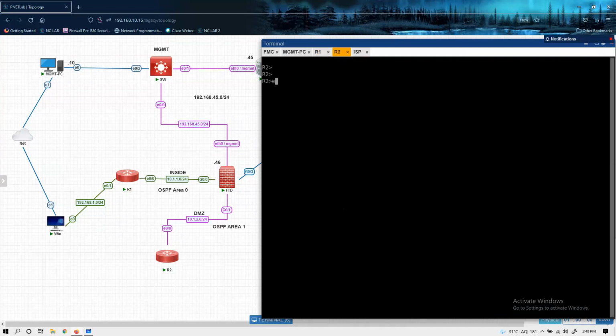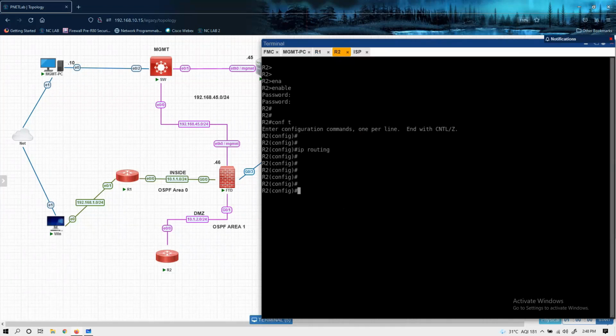Let's go to R2. R2 is configured as a server, but for now I am enabling routing here. Okay, and let's configure router OSPF 1. Router ID 2.2.2.2. Network 10.1.2.0.